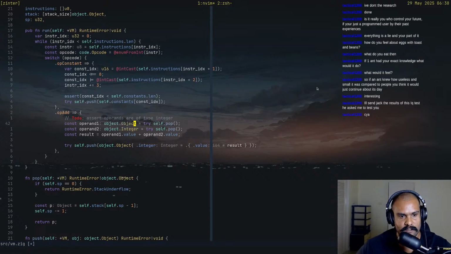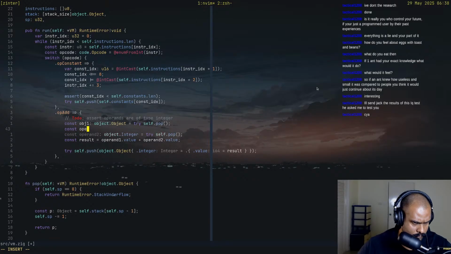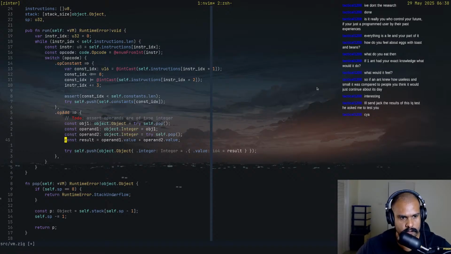It's just an object. Okay. Object, and then dot integer of like 1. Looks pretty awful, but I do want